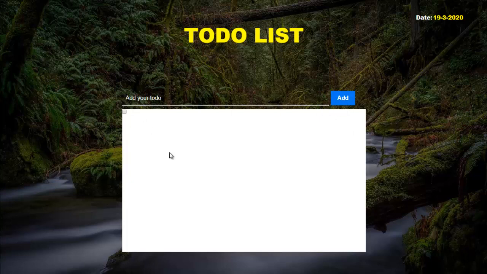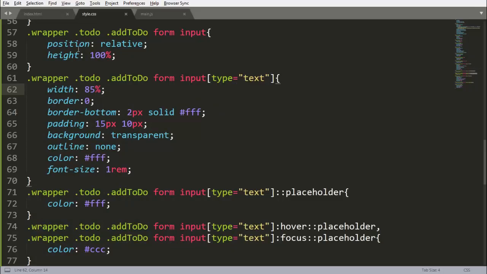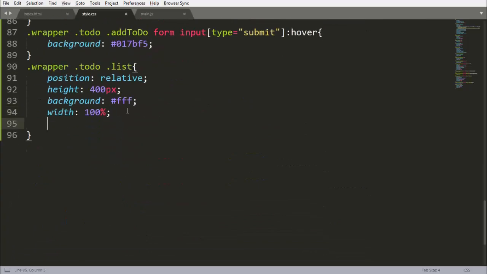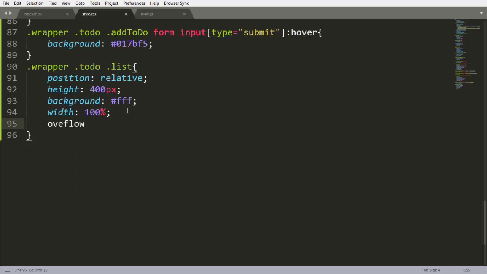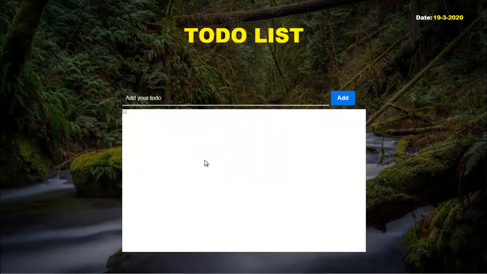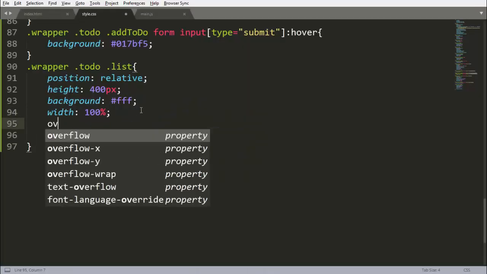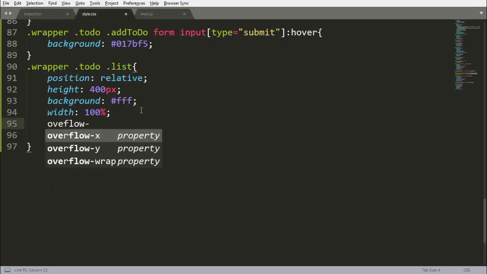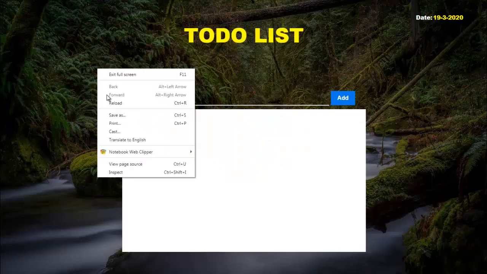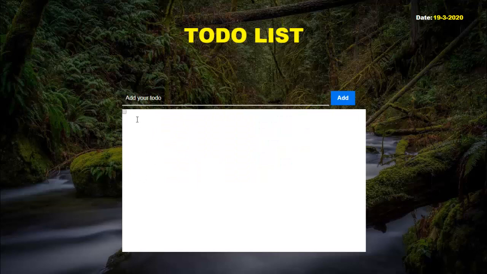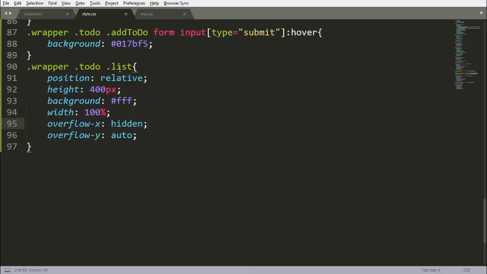And our overflow y will be auto here. So when there are many items here, it will give us the scroll bar, and overflow x will be hidden. Save it, reload it.